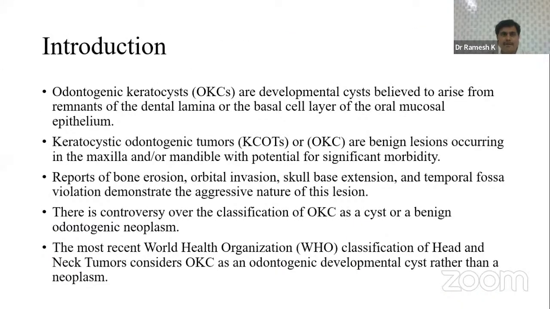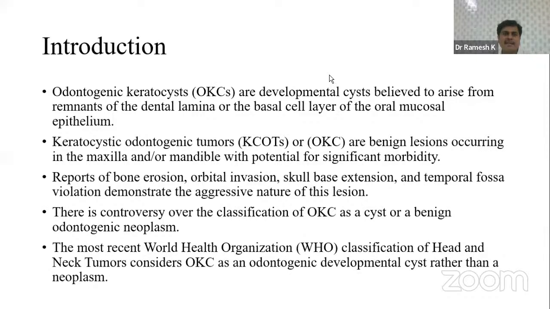OKC, as you all know, has the highest recurrence rate among all other benign cysts. Because of satellite cysts or daughter cysts, or because of other considerations, there may be incomplete removal of the cystic